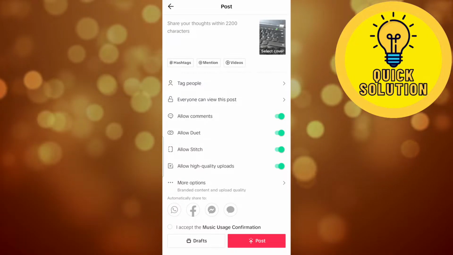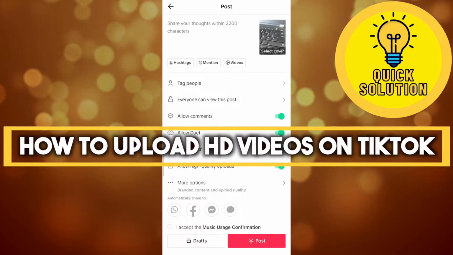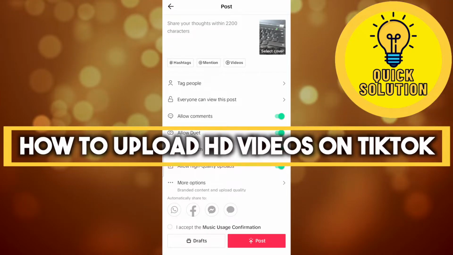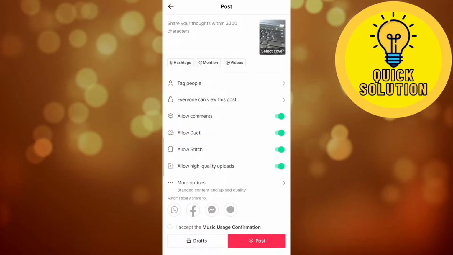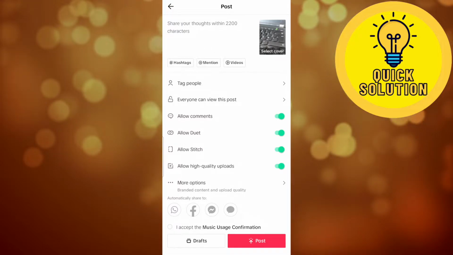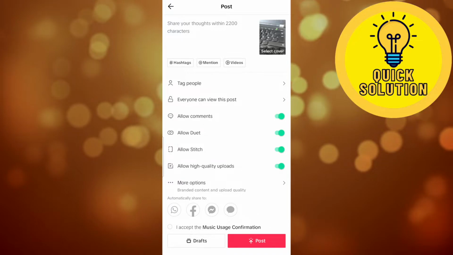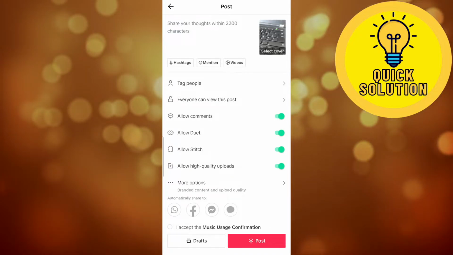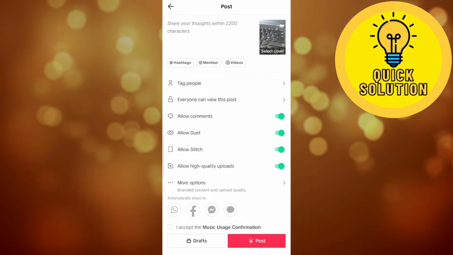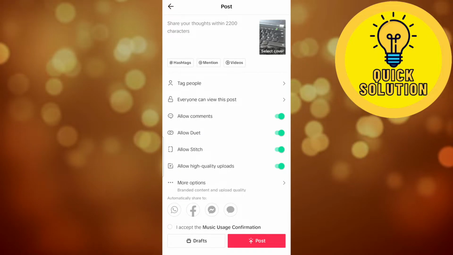Today I'm going to show you how to upload HD videos on TikTok. So the first thing you'll have to do is open the App Store and search for TikTok and make sure that you have the latest update of the app installed. So if you don't, just go forward and update the application to the latest version and then go to TikTok